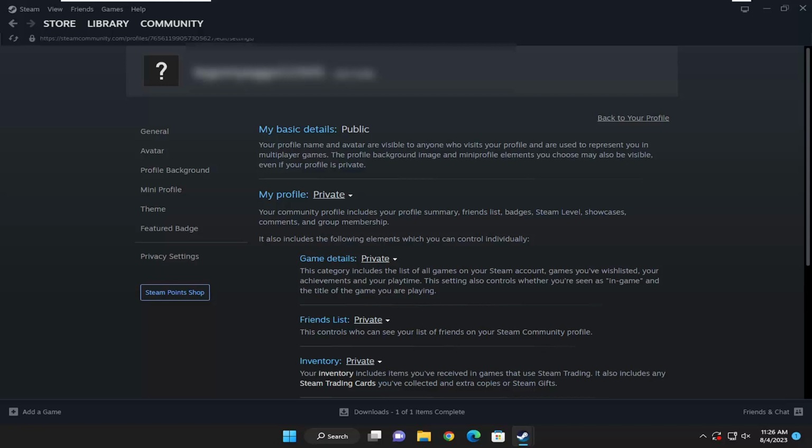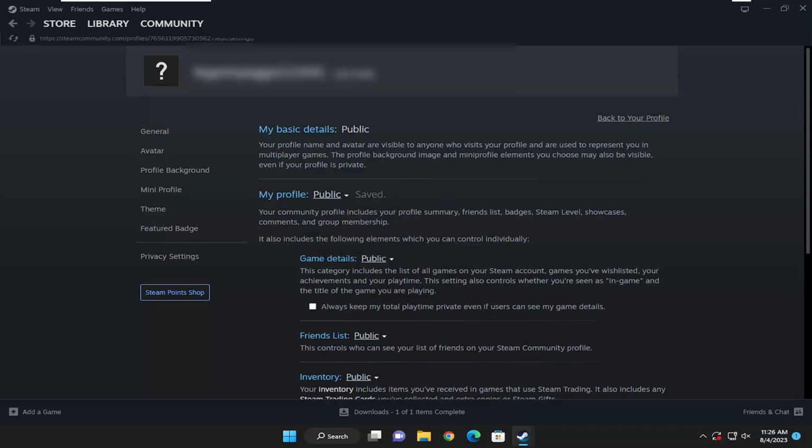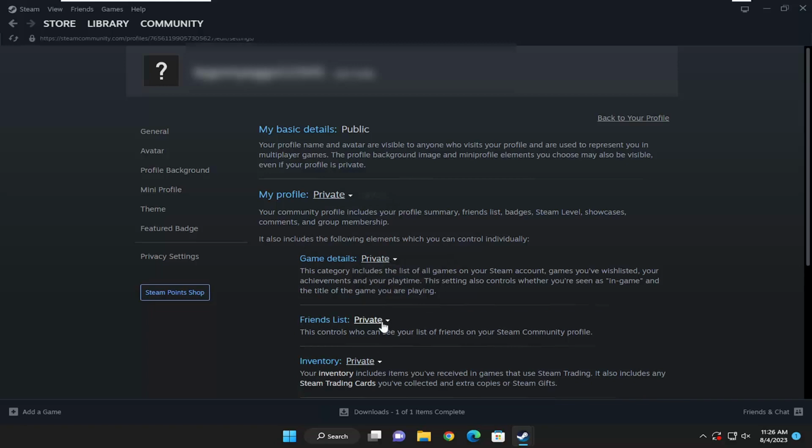So if you want to allow, for example, game details to be public while the remainder of the profile is private, as defined on this page, you can click on the drop down and you can make certain changes here as well. You could set the profile to public and then just make different smaller changes on the individual settings here. But if you set your profile to private, it appears the only option you have is private for all